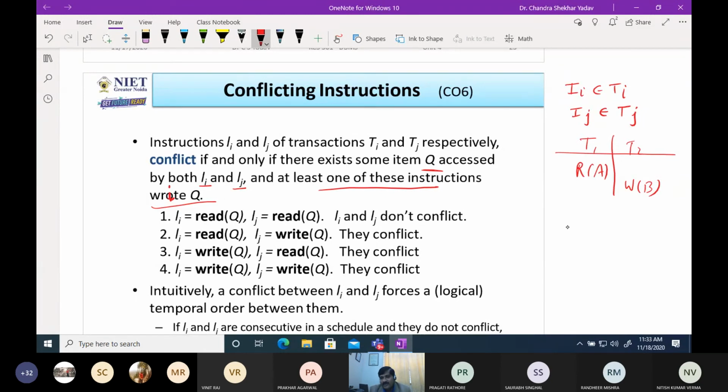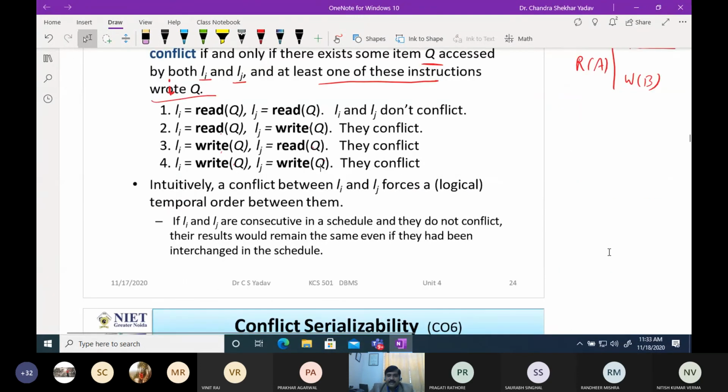If both are performing reads, there will be no conflict. For different data items, there is no conflict. That's why it is written that both should access the same data item Q. So here is the example: read Q, read Q, non-conflicting; read Q, write Q, conflicting; write Q, read Q, conflicting; write Q, write Q, conflicting. A conflict between Ii and Ij forces a temporal order between them.